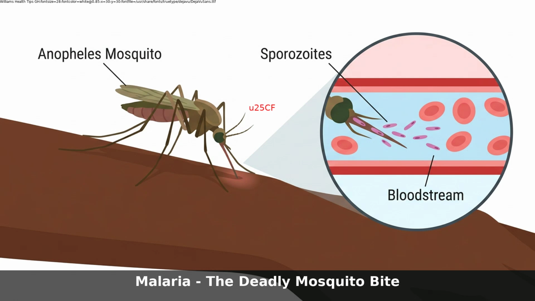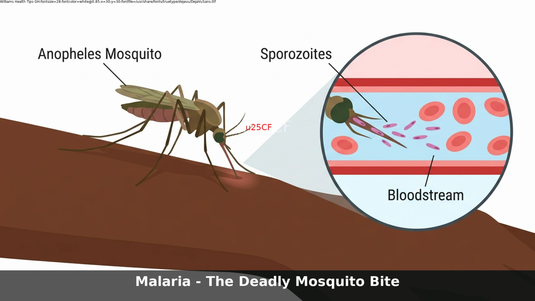A single mosquito bite may seem harmless, but inside your body, it can trigger one of the deadliest battles known to medicine. Within minutes, tiny parasites invade your liver. Days later, they burst into your bloodstream, destroying red blood cells, causing high fever, severe chills, anemia, and in some cases, damaging the brain, kidneys, and lungs.